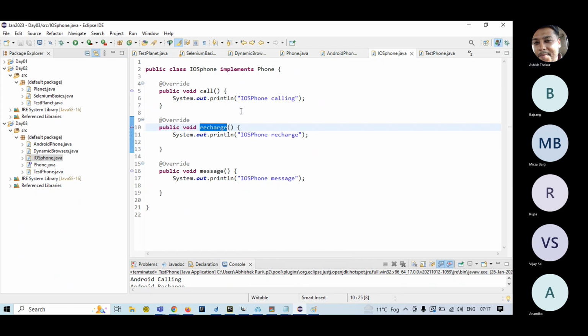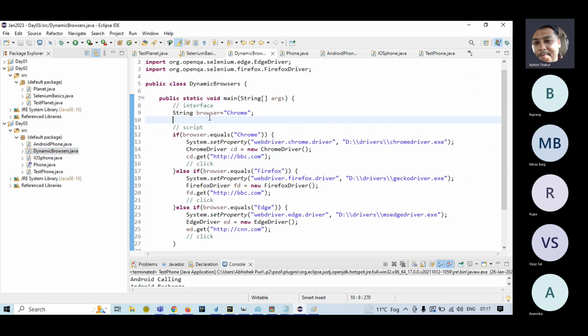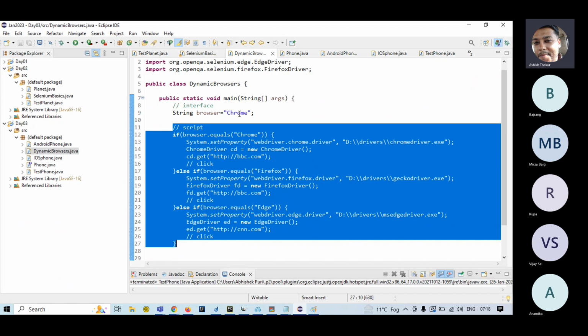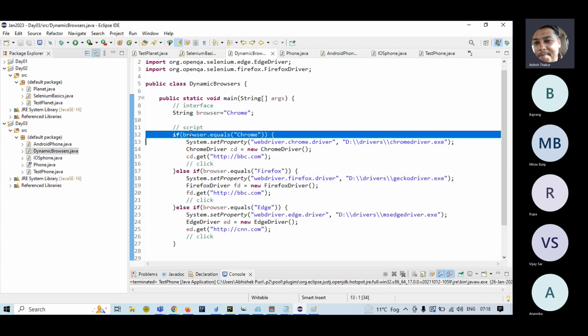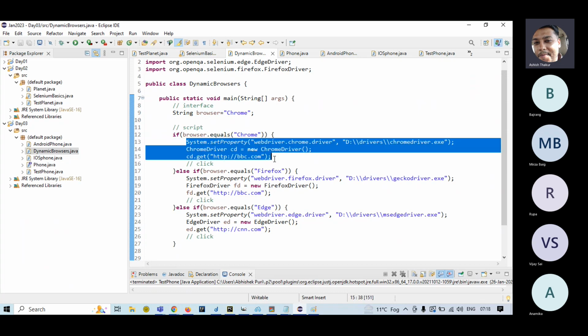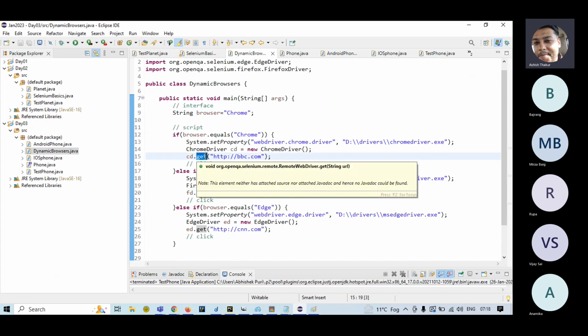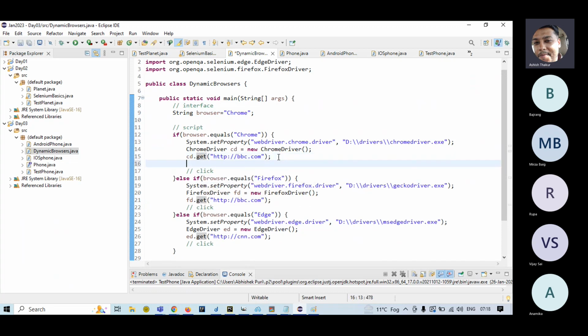That's why, you know, we had written this code in the beginning of the class, where we had declared the browser. So if the browser name was Chrome, it was opening Chrome driver, else Firefox driver, else Edge driver. That is why the get function is there in all the three drivers, because all the three drivers are implementing the WebDriver interface. If you want to get the title of bbc.com, you can write